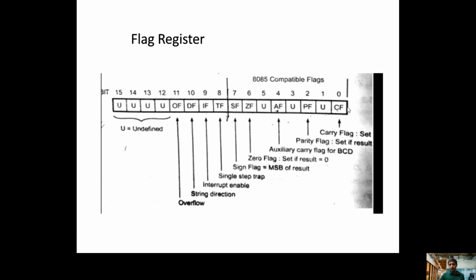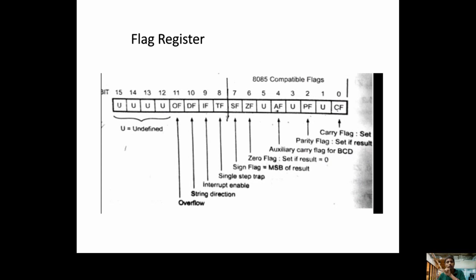Let us see what the carry flag is. The carry flag is very simple. For every flag, consider carefully. The carry flag is set to 1 when a carry comes out of the MSB bit. For example, if it is an 8-bit operation, whenever a carry comes out of the MSB bit, it acts like a 9th bit.